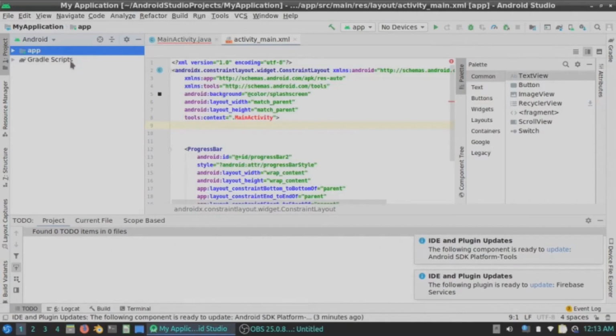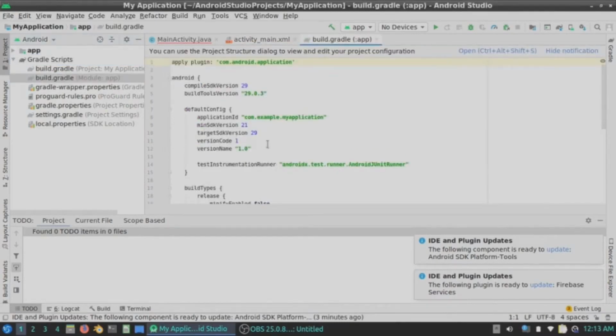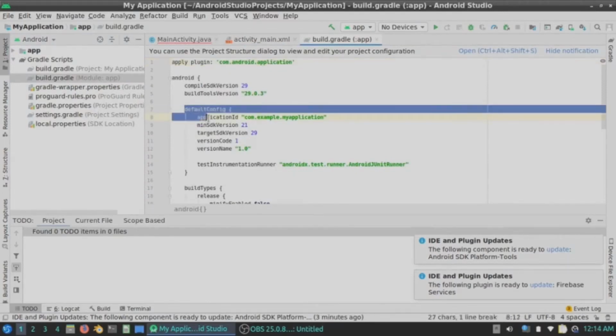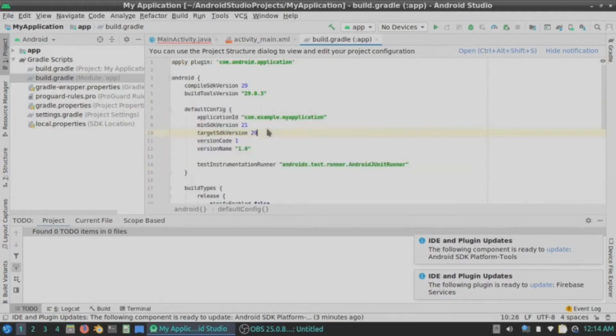First we will look at the Gradle scripts. Particularly in the Gradle scripts, we are going to see the build.gradle file. In the build.gradle file, the only thing you are going to edit as a basic programmer will be this, especially if you are going to publish your app on the Play Store. You will have to change the version code or version name as per your convenience. For example, you are going to update